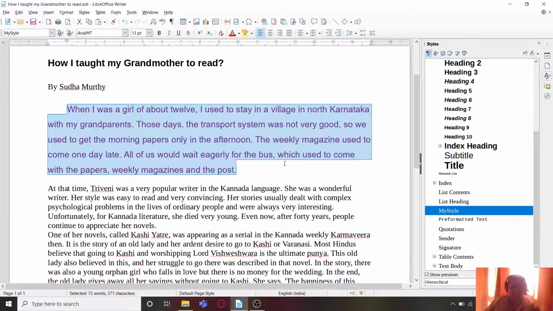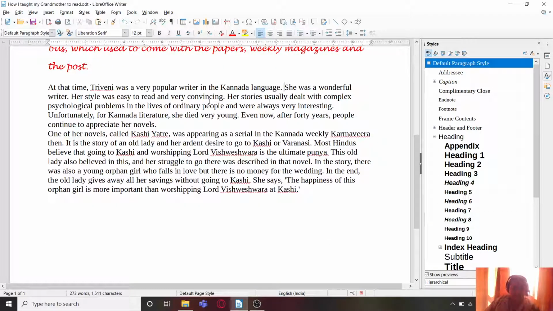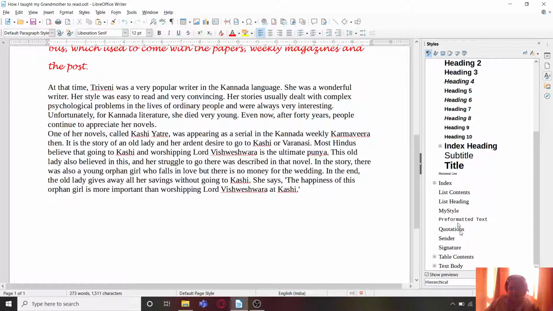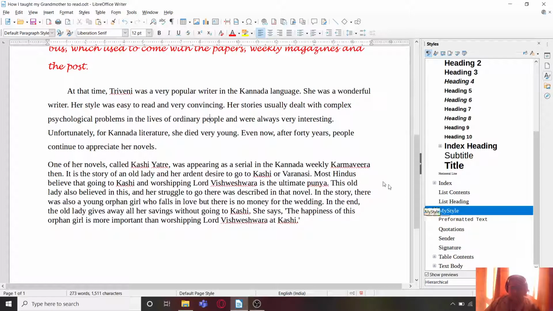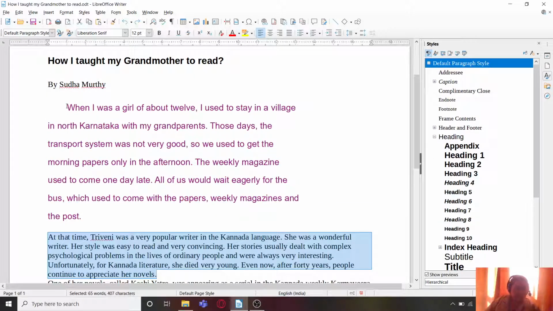So what I can do is I want to update this style. So I'll again change it. I will apply some effects. I'll change its color, and now I'm going to click on My Style, go to this option and click on update style. It might not update because I'm placing my cursor on some other paragraph and trying it out. So it doesn't change anything. Sometimes this kind of glitch might happen.